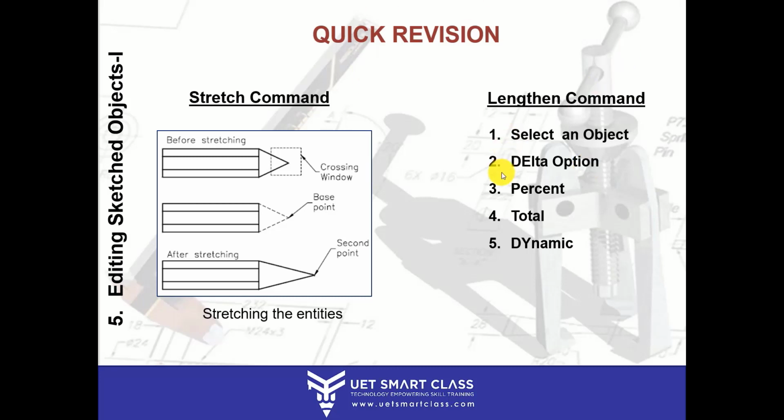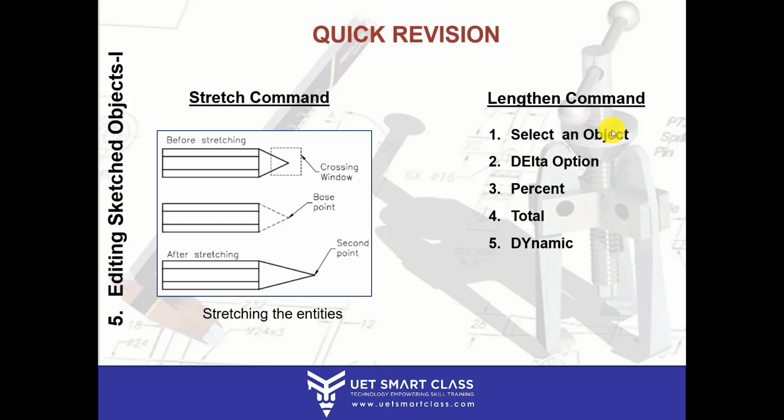Alright. In percentage, you have to define the percentage. For example, an original object is of 100% measurement. So if you give 150 or 200, it will increase the size of the original object, taking the percentage as 150 or 200 as per your given value. And if you give a value below 100, it will take the percentage accordingly. If you give 75, then it will decrease the original size of the object by 25%. Okay. You can even go back and check by LEN, enter, and the first option, that is select an object.